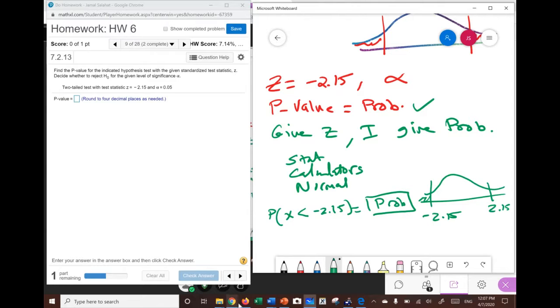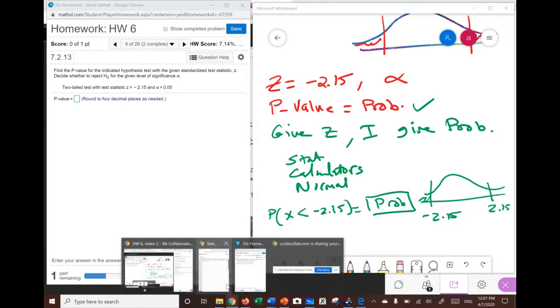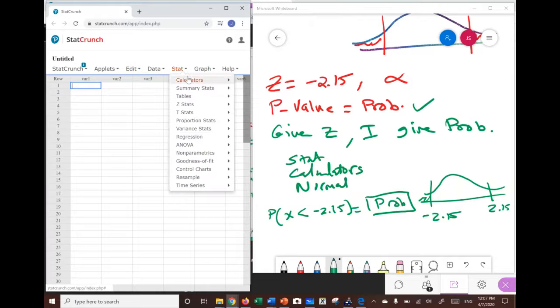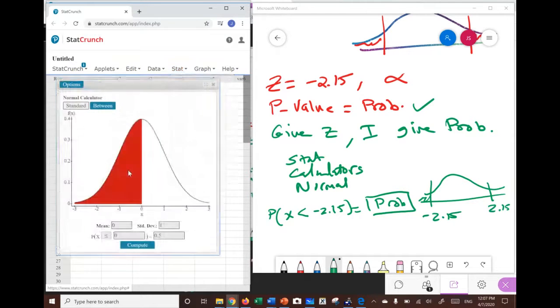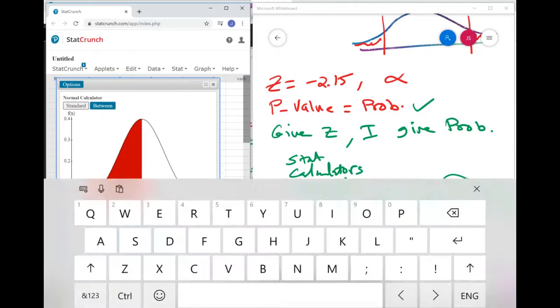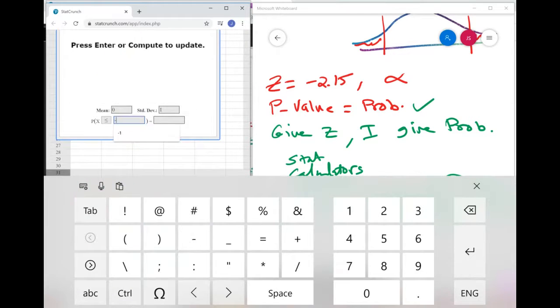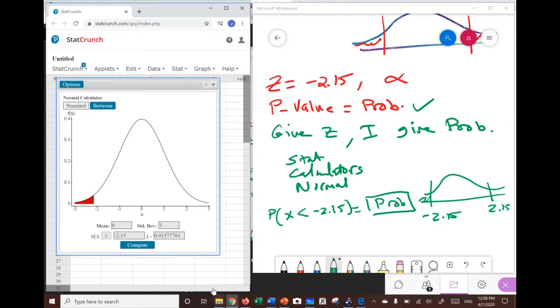So let's just use StatCrunch and show you. We're going to go to stat, calculators, normal, and remember, leave the mean and standard deviation at 0 and 1 because z is given. And in here we have negative 2.15. When I hit compute, that's going to give you the answer in the last box. You see the last box in here? So the probability, it's not the p-value here. The probability is going to be